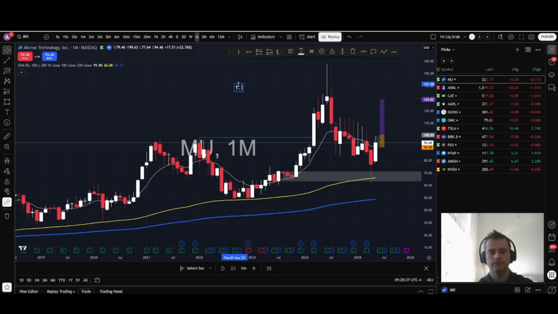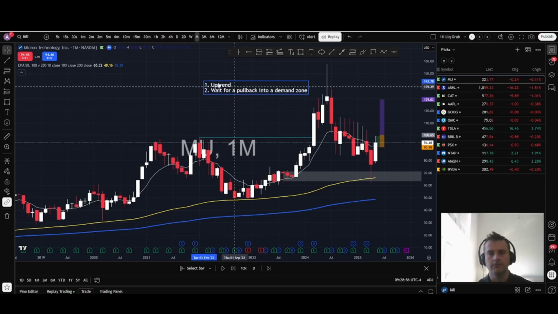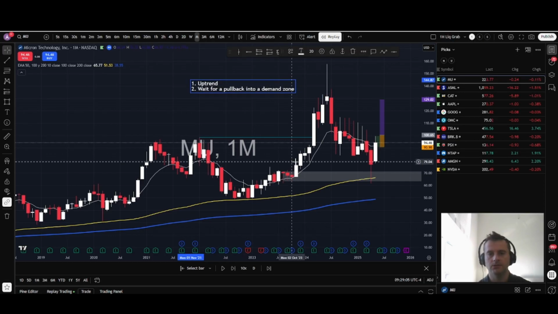So the second step is to wait for a pullback into a demand zone. And what is that demand zone? Well, a demand zone is a zone